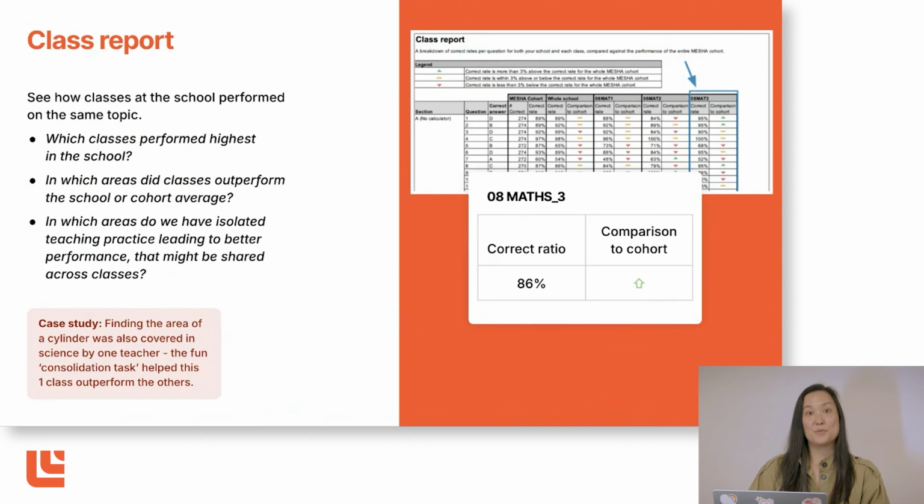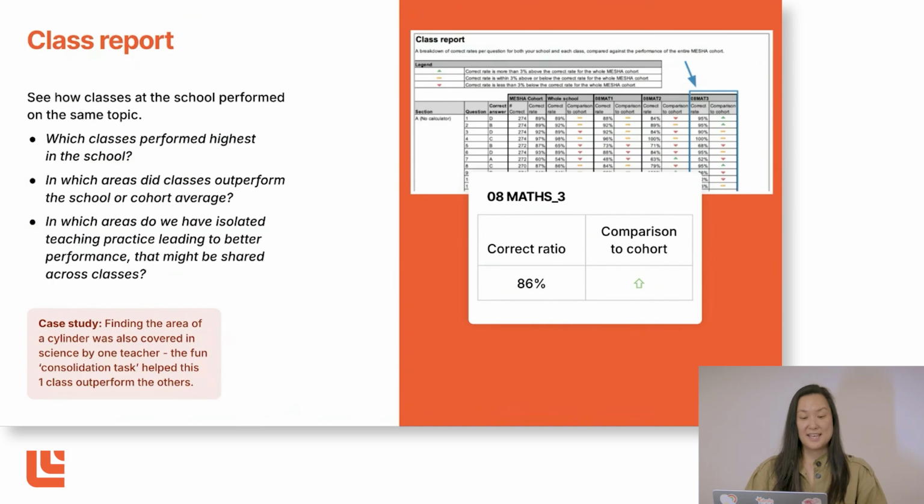The next example of the report is a class report. So you'll see here, you'll be able to see all of the classes in your school, and they'll be side by side. And you'll be able to then also see how your school performance was, so how the classes compared to the school. And then you'll also be able to see the entire MESHA cohort. So how did these classes compare to the cohort? So be able to see which classes performed the highest in the school, which areas classes outperformed the school and the cohort average, and which areas where isolated teaching practice led to better performance,